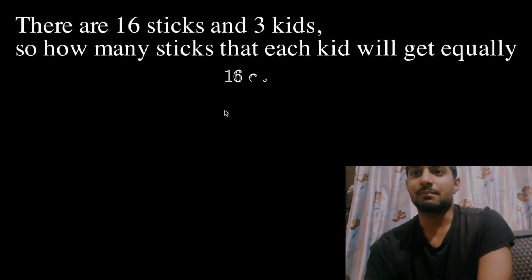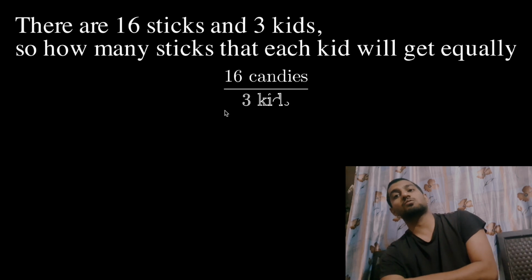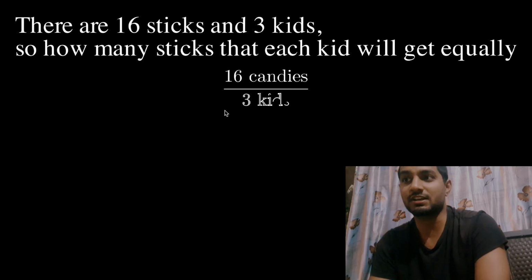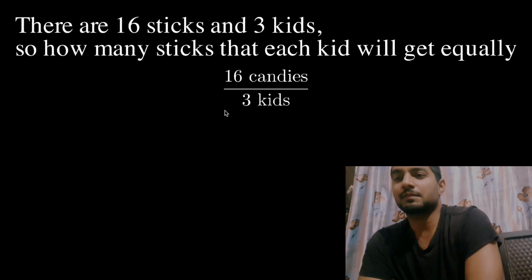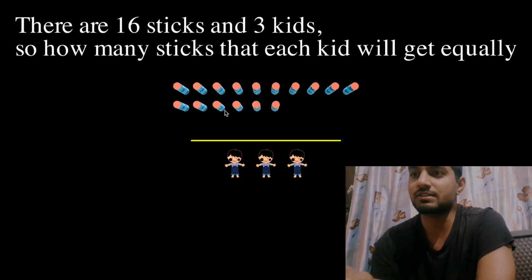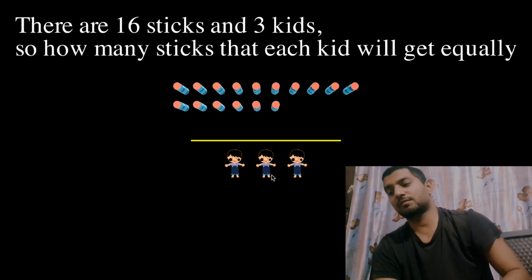Let's say another example. If we have 16 sticks and 3 kids, how many sticks will each kid get equally, right? In the same way we can do this one as well. We will write 16 as a group of 10, and then we have an extra 6, and we have 3 kids over here. So if you remember,